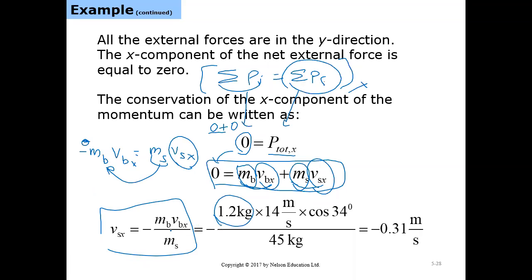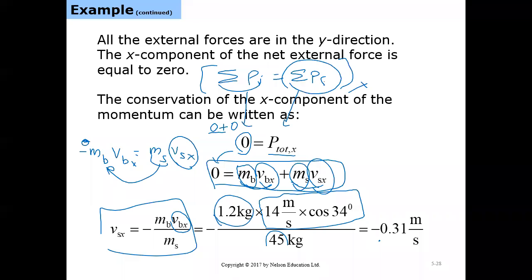Now, once you have the formula with the unknown as the subject, in matter of substitution, mb is given, 1.2 kilogram, and the x component of the initial velocity of the bottle is 14 times cosine 34, because that's the x component. Divide by the mass of the skater, 45 kilogram, and you get this answer. We get a